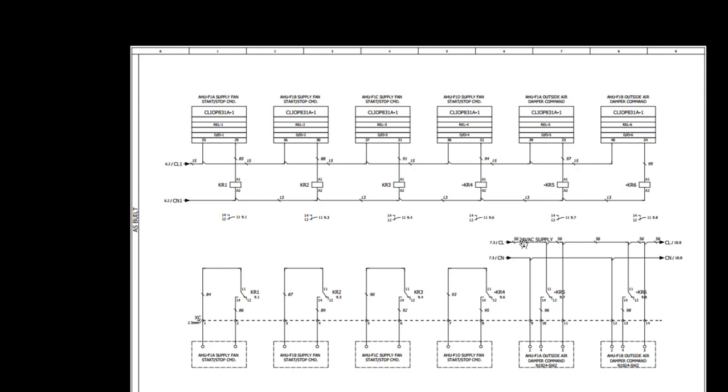So where is this 24 volt power supply coming from? This CL and CN. If you want to trace where it is coming from, you can go to page 7 and section number 3. So this 24 volt is connected to terminal number 3 of the damper. You can refer to the damper actuator wiring for more detailed understanding. In your case, you may have a different damper, but this damper is from Honeywell. So number 3 is 24 volt. 24 volt AC is directly connected to terminal number 3 of the damper, and number 2 shall be neutral, so neutral is directly connected.